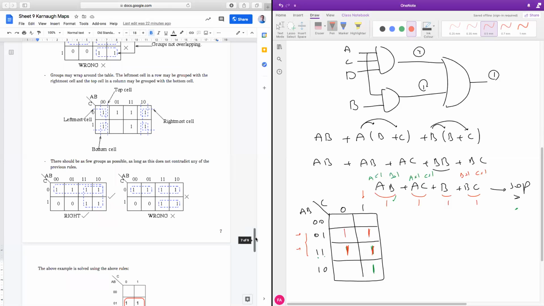Now, I just went through all the rules, and now I want to see how I can group them. Okay, how to group them? Look at, guys, we've got to follow this method. First of all, you've got to go for the biggest group possible. I can see these 4 ones together, so I can say this is one group. Yes, you can say group of 2, group of 2, group of 2, but if you can go for the biggest group, you've got to go for that. So these 4 together,